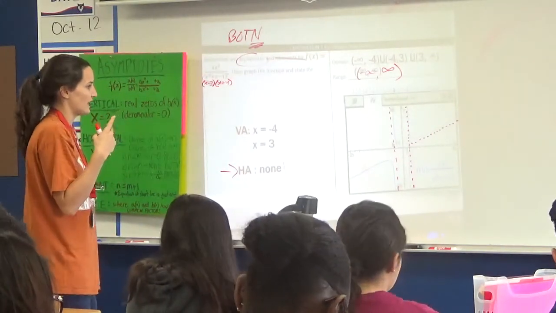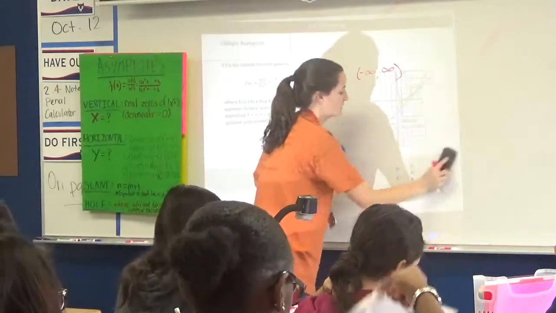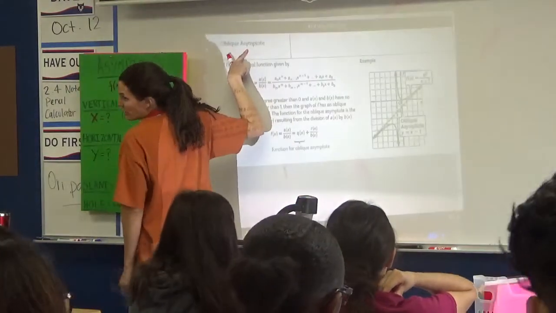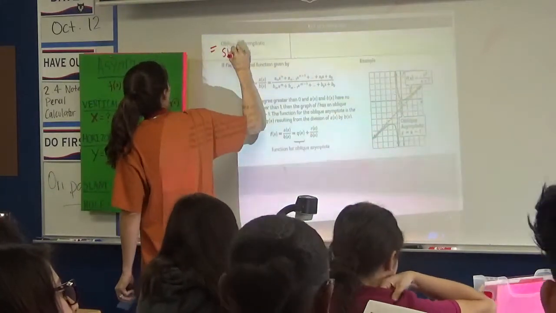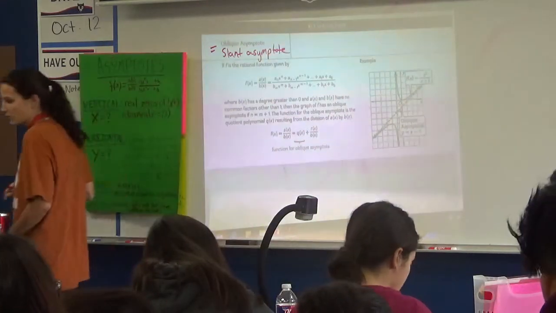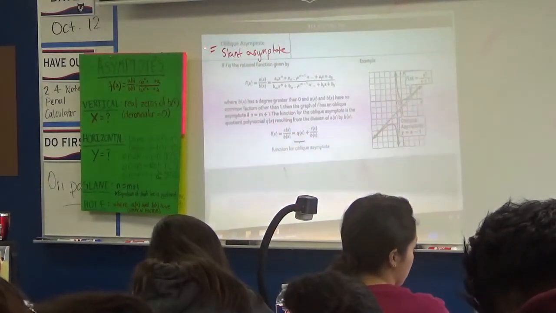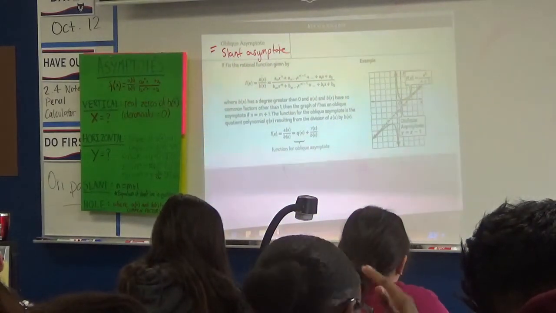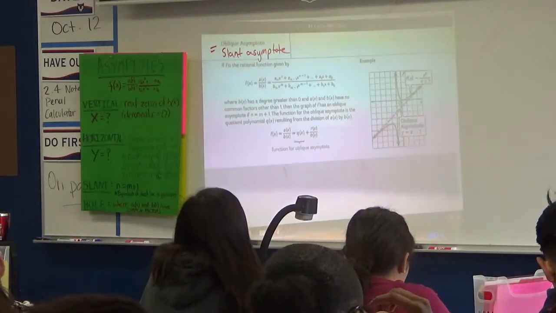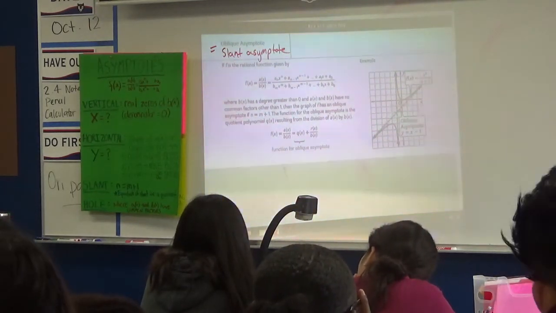So let's talk about slant asymptotes now on the top of the next page. Take a look. An oblique asymptote is another word for what we also call a slant asymptote. So you can write down in your notes both of those. If I say one or the other, that's going to be a synonym. It's going to mean the same thing. You'll see both and then you'll be familiar with both.